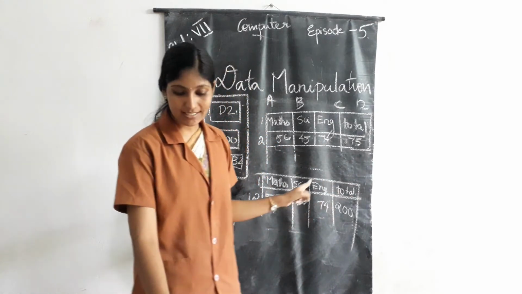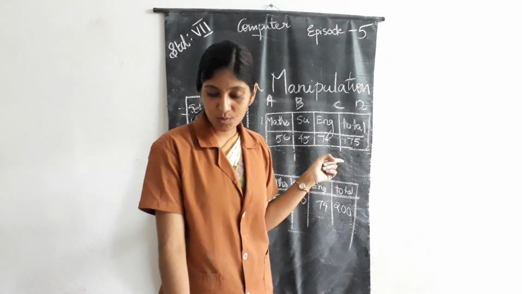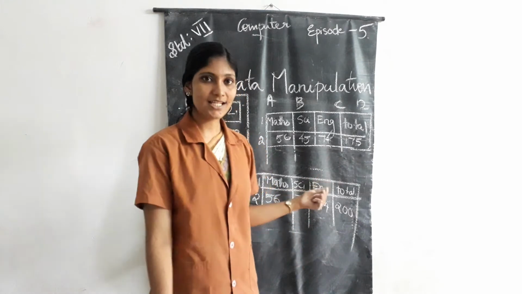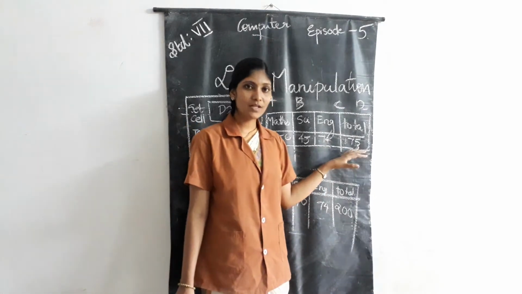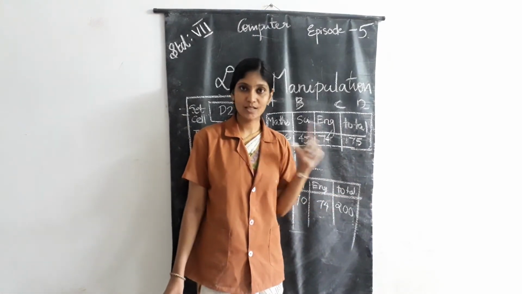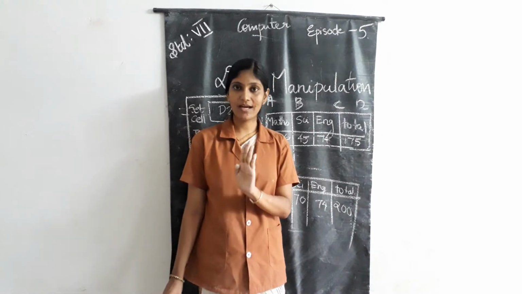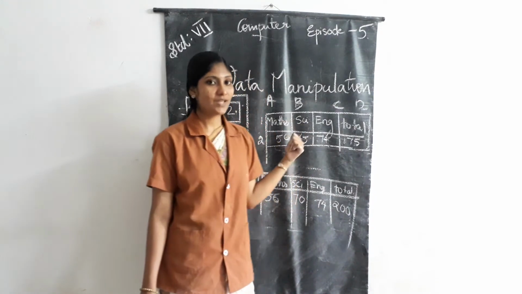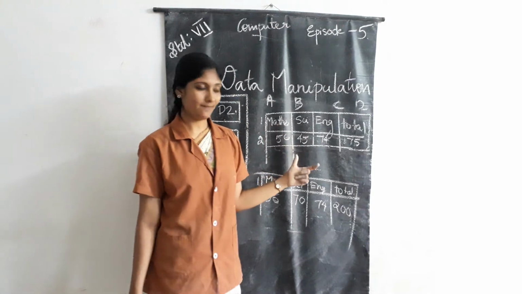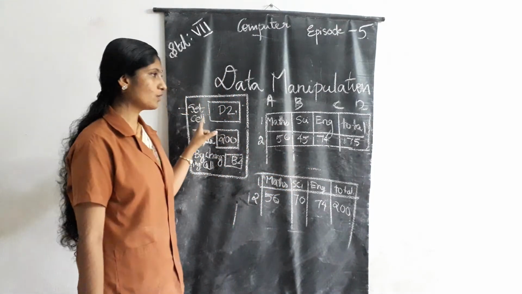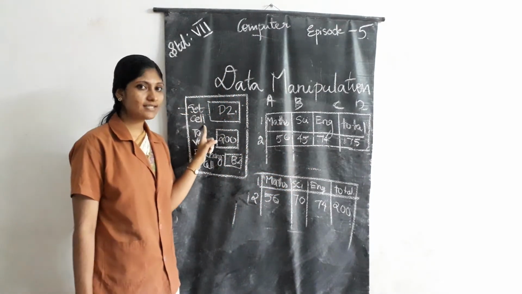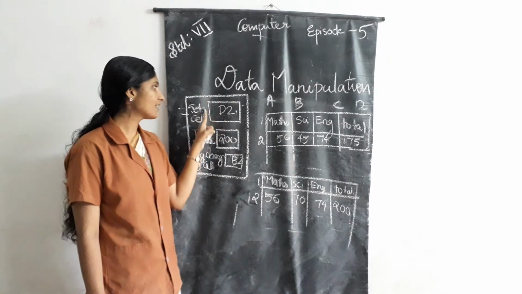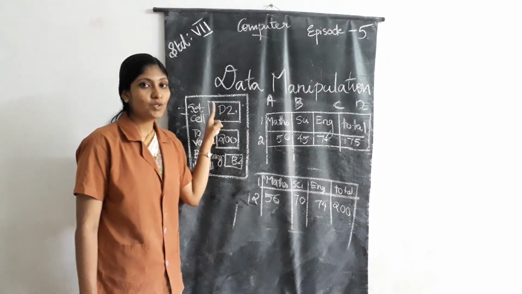Then the question here is to set the total to 200 by changing the science mark. The output we want to get is 200. The output we want, that is value 200. And we can change in the science cell. Then how it happens? Go to Goal Seek and in the first cell D2, here is the text box that you can enter.